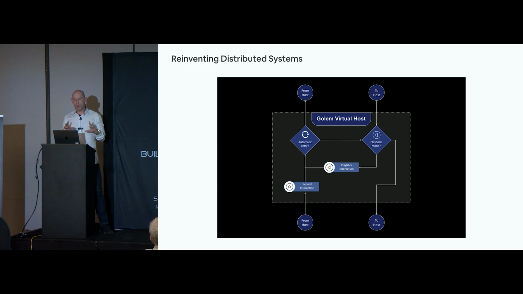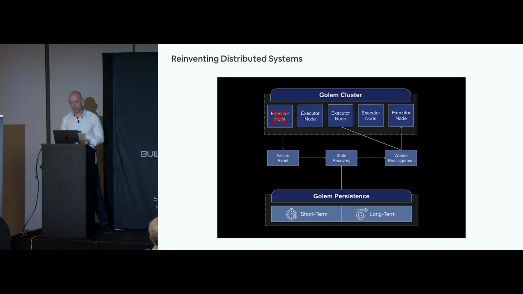As a result, we're able to offer this recording and playback functionality, which allows us to automatically recover in the event of a failure. If one of the nodes in a Golem cluster goes down, we know all the workers that were being executed on there. So we can take those workers and say, okay, you're going to be restored here, you're going to be restored here, the other ones will be restored here. Then we can recover the state of those running workers by folding over this log of external I/O events that we call the op log, catching up your program state to the exact moment before the failure occurred.